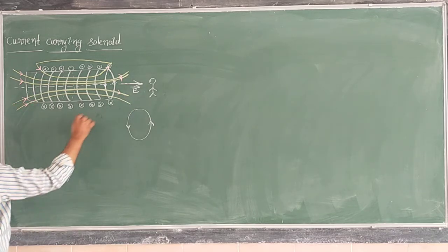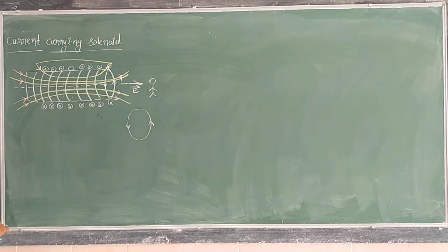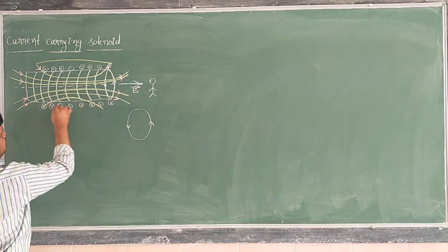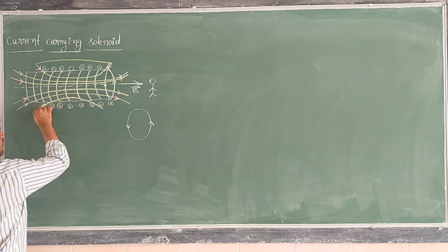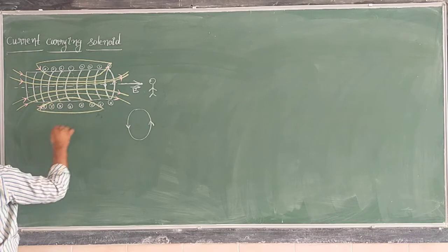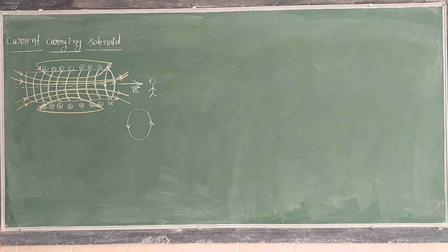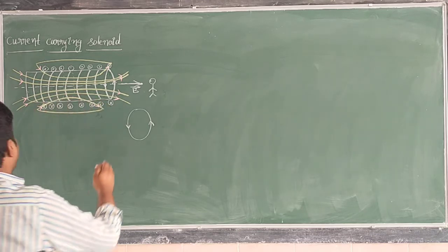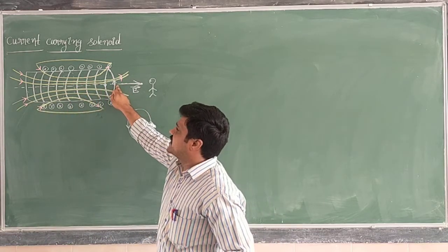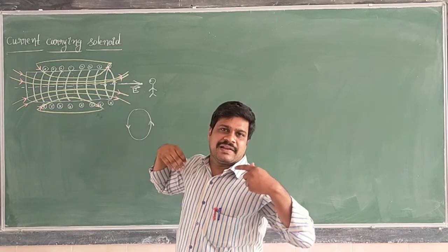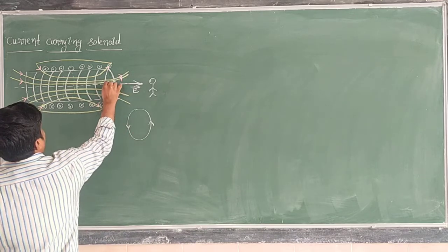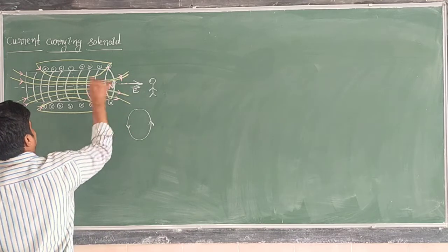Here the magnetic field we can show like this. Now this last one. Here I am drawing the direction of the magnetic field like this, with a point. This one is entering, and this is outward. That means whether you are observing or not, in this current carrying solenoid the magnetic field is outward here. Where the magnetic field is outward, that point acts as the north pole of the magnet.